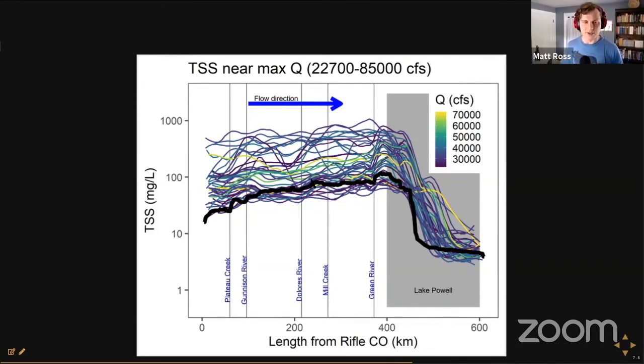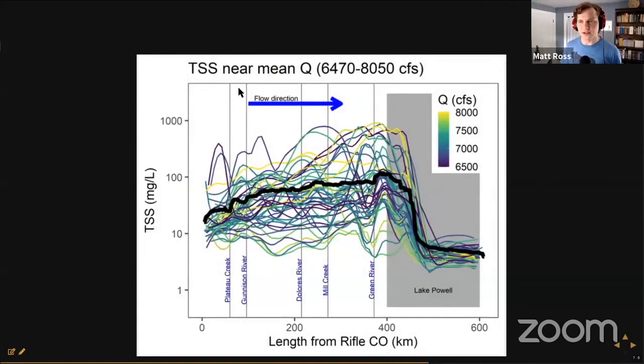And that's really different from the mean Q. So now we're at mean Q. We're going to be later in the summer in this region. The hydrology is really driven in the late summer by random patchy thunderstorms. And you get to see that in what I've been calling the spaghetti diagram. So this is showing the same profile, but we have the sediment profile that's completely different. And you can see different tributaries contribute sediment at different times. And so we're really able to unpack the landscape metrics of what's going on.